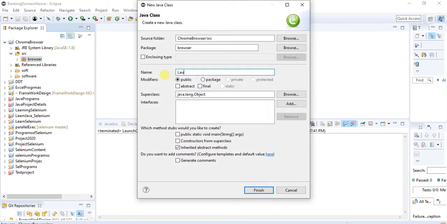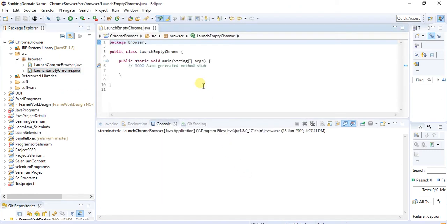Launch empty Chrome browser. Select public static void main. Click on finish. Remove the unwanted comments.